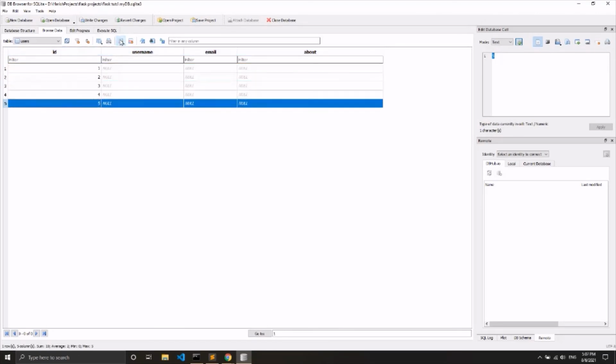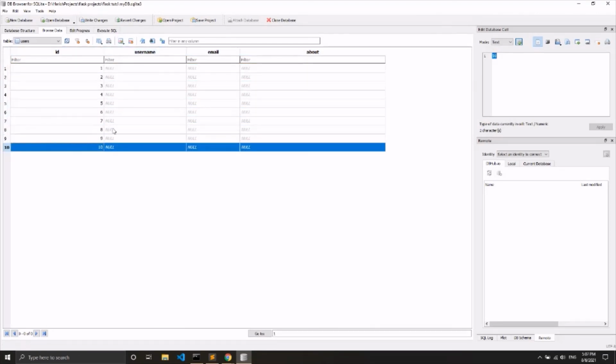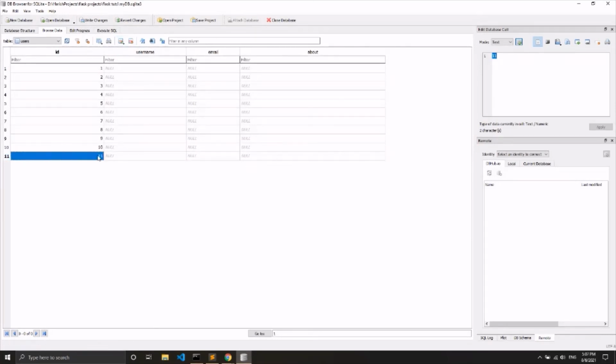So if I keep on creating, you can see that new numbers keep on coming, and if I create a new record and set a custom number which is already there in this table, like say 3, you can see that it is not allowing me because it is a primary key and it has to be unique, it is compulsory.